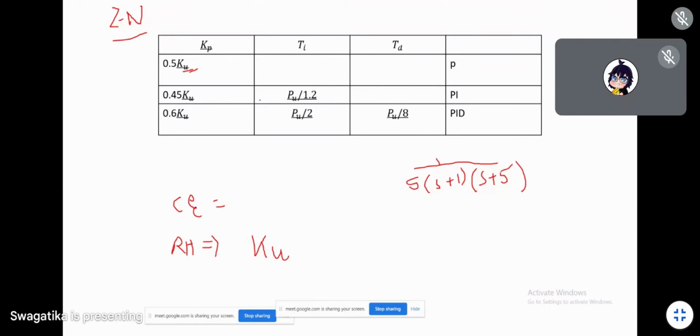Okay, first you will find out the omega value, ultimate frequency, that is omega u. What will that be? How will you find out? See, your characteristics equation will be